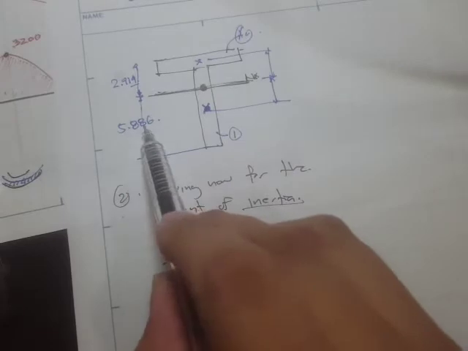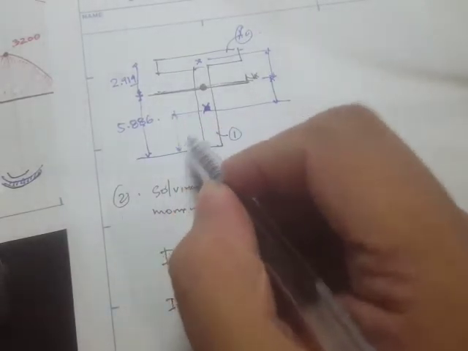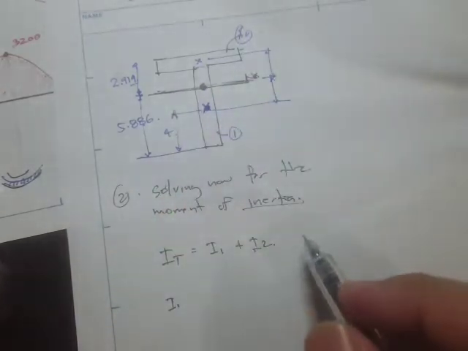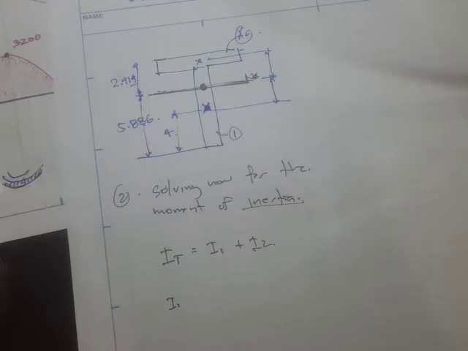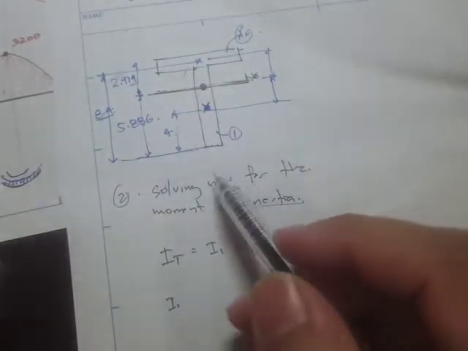We have 5.886, and we know that if this is 8, then this is just 4, right? And the distance from this to the centroid of the second area, we know that this is 8.4. Okay, so therefore